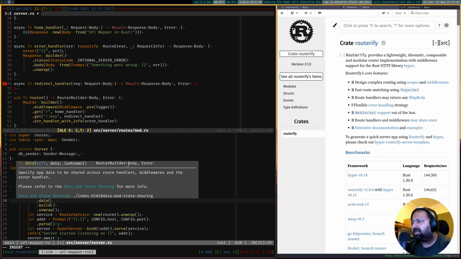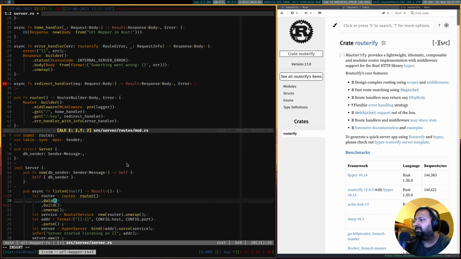If you can see here, Routerify gives us a data API which we can typically use for managing state. Data that is shared across all route handlers, and so we'll utilize this to share our DB sender, right? So what we can do here is just give it some data, and then we'll get that data in our route handlers.